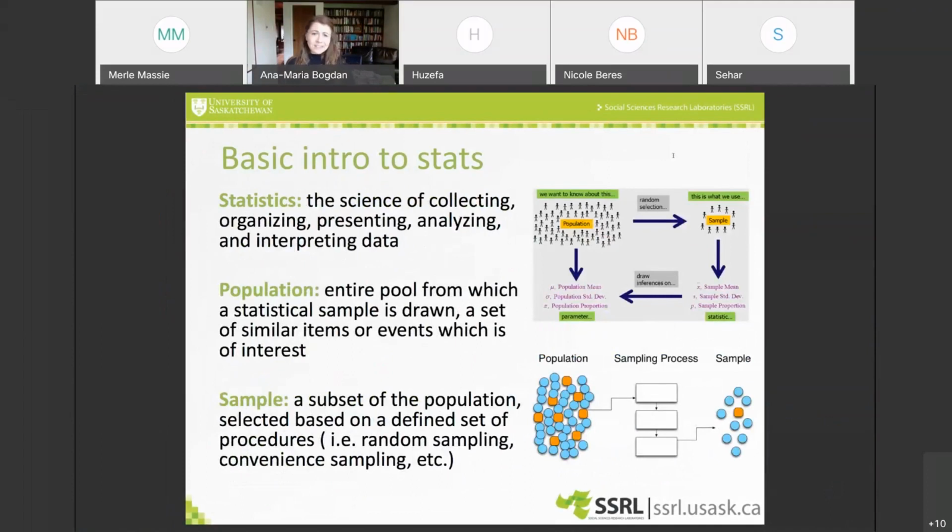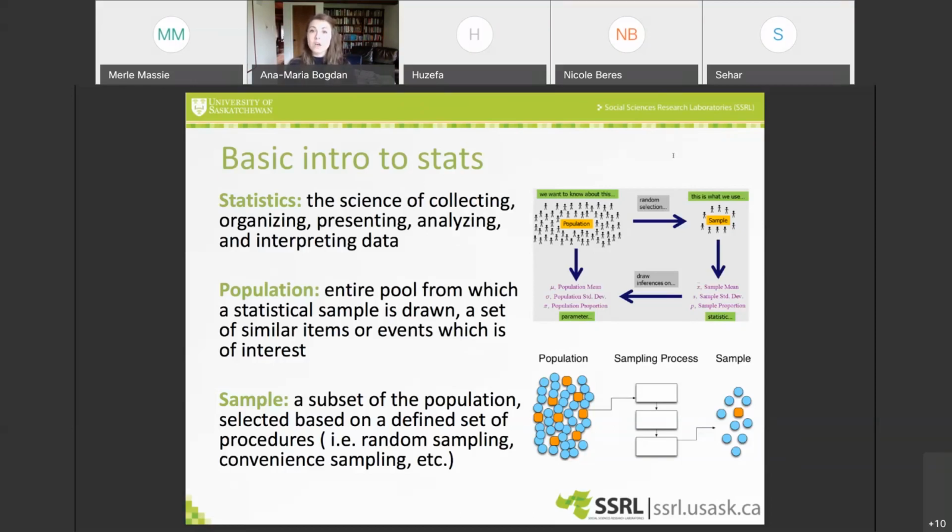So as I said, I want to cover some of the very basic concepts that we use quite a bit in talking about data and types of analyses that we do. I think this would be fairly useful for us moving forward. So statistics, a very simple definition that I have here on this slide for you, is the science of collecting, organizing, presenting, analyzing, and interpreting data. So statistics allows us to find a rigorous way in which we can go through the entirety of data collection all the way to analyzing that information and then presenting it